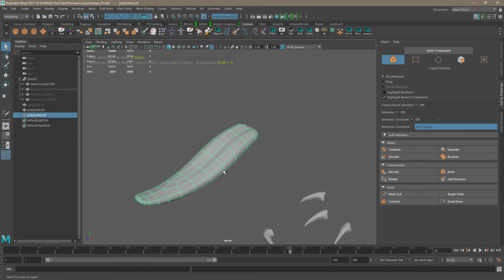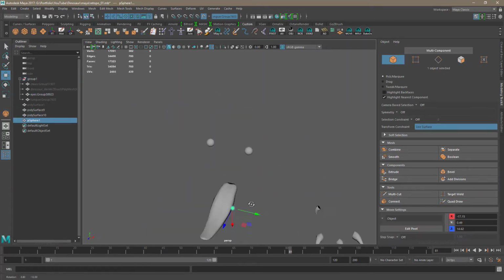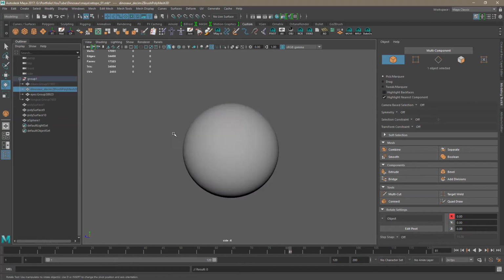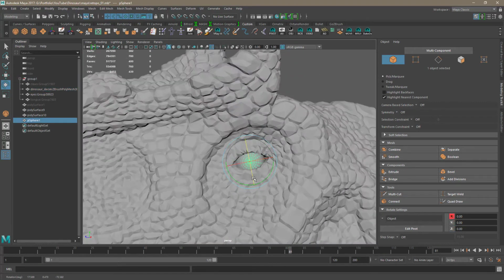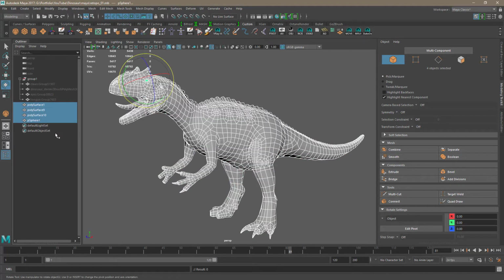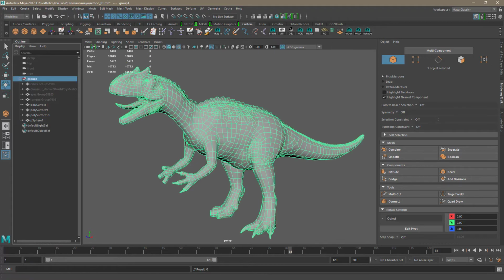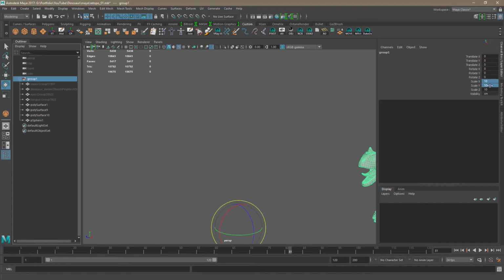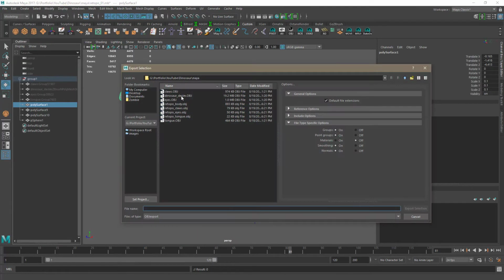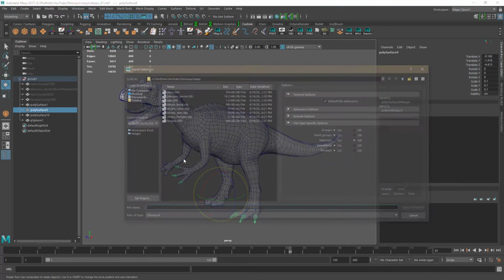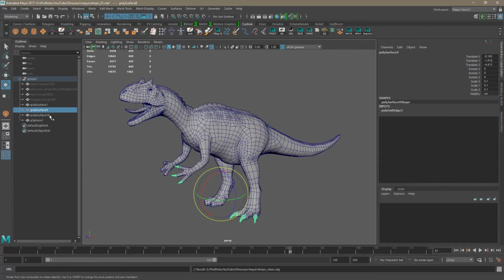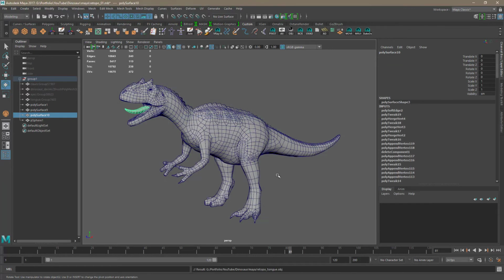So yeah. Oh, last but not least, for the eyes I just took a sphere and rotated it in place and adjusted the placement, and that's pretty much it for the topology. So now I group everything under the original group, and I reset the scale to 1 and the translation to 0, so I can bring it back into ZBrush, and it's gonna be in the same exact spot there. So I'm exporting my objects there,